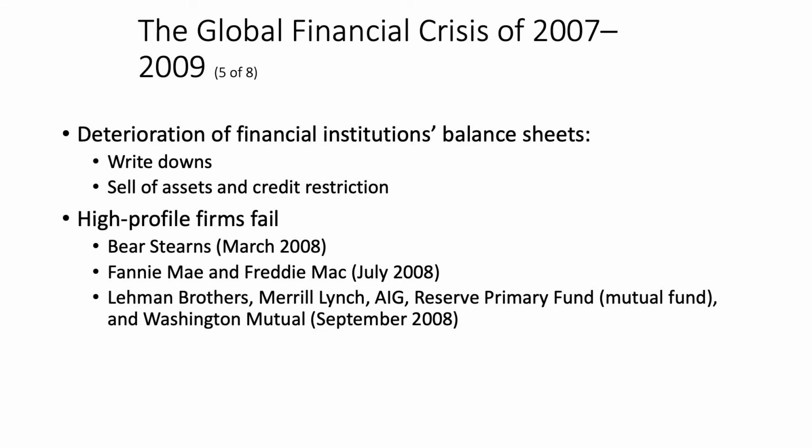As we became aware that these CDOs and mortgage-backed securities were worth far less than we had valued them at, we had to write down the assets on the balance sheet of anybody that was holding these things. We thought they were gold, and now we wake up and realize they are worthless. Banks that were holding these were either going to see their balance sheets shift into insolvency, or they were going to have to sell them off.